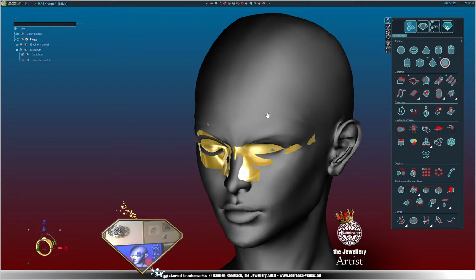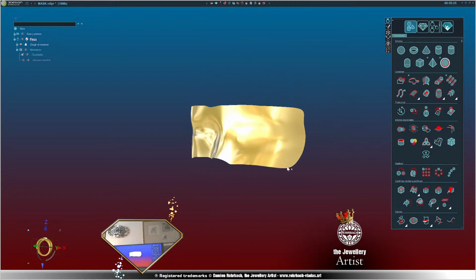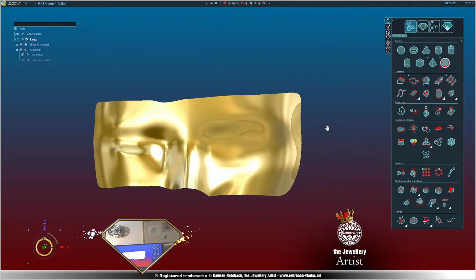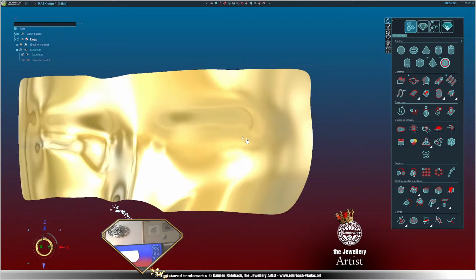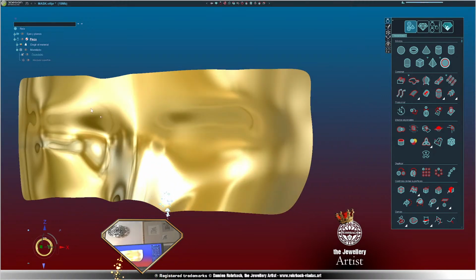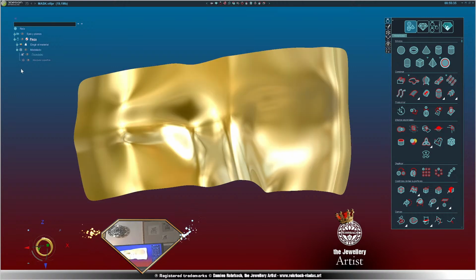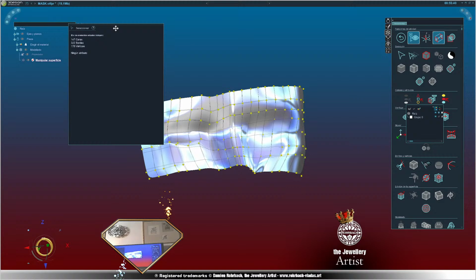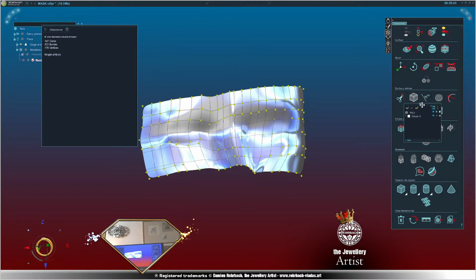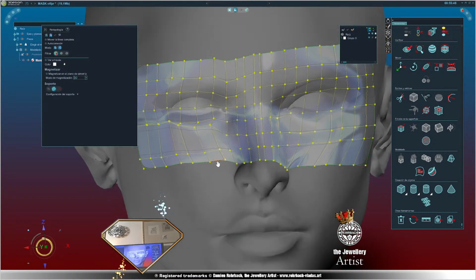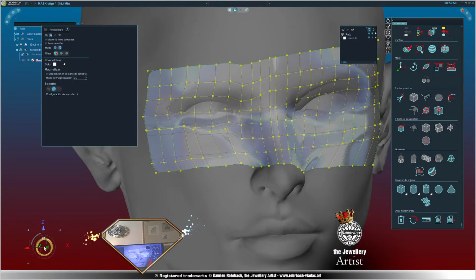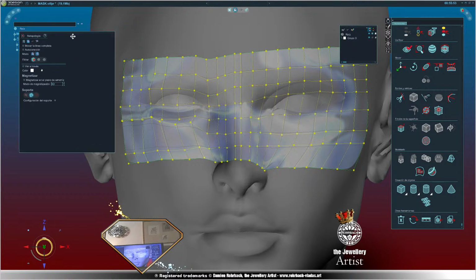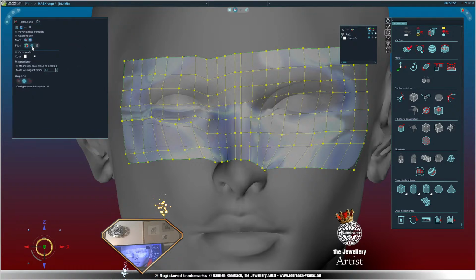Okay, so what I'm doing is I'm modeling on the face. So this is, well, actually, I think you can already understand what I'm going to do. But there's going to be a lot of design in this session. Okay, so let me go back to the retopology tool. It's just amazing how it works here in 3Design. Okay, so now let's start modeling the entire concept. The entire concept here. So we're going to grab,